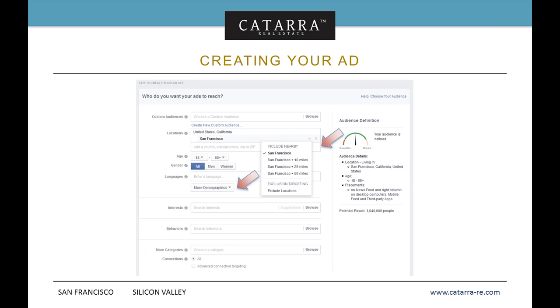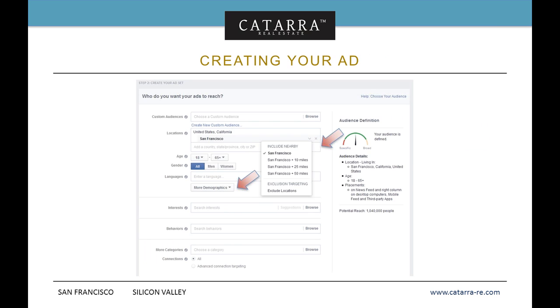Language, again. The demographics. Here's the thing in demographics. You have the option, based on some of the data that's available in Facebook, to choose people who specifically are homeowners. You can say, I only want to target homeowners. And if you just want to narrow your audience down, that's a pretty good way to go. Most zip codes only have a few thousand homeowners in them, and it's not a bad way to just test out and see if you can really go straight to those people.